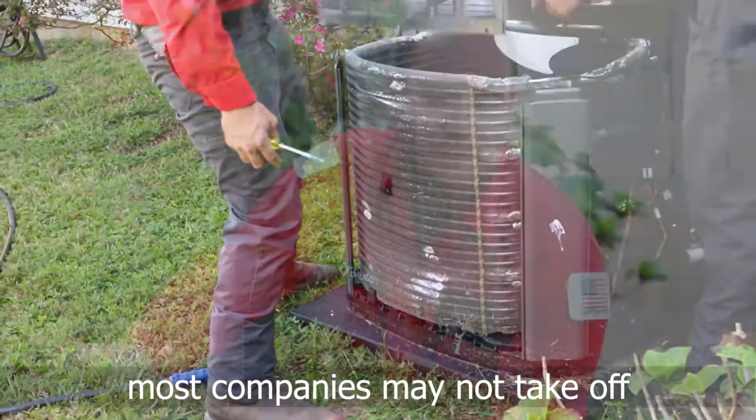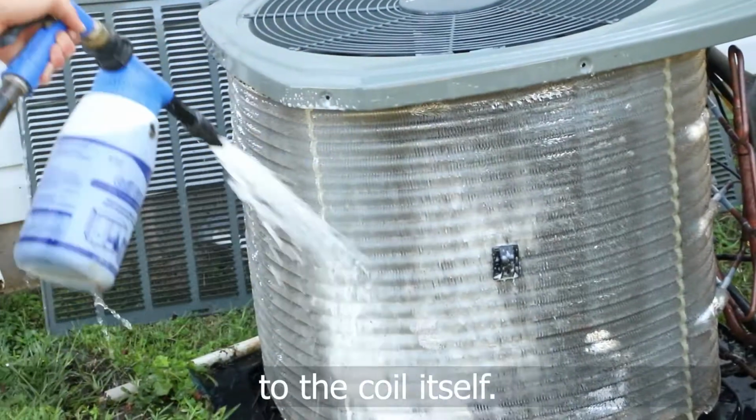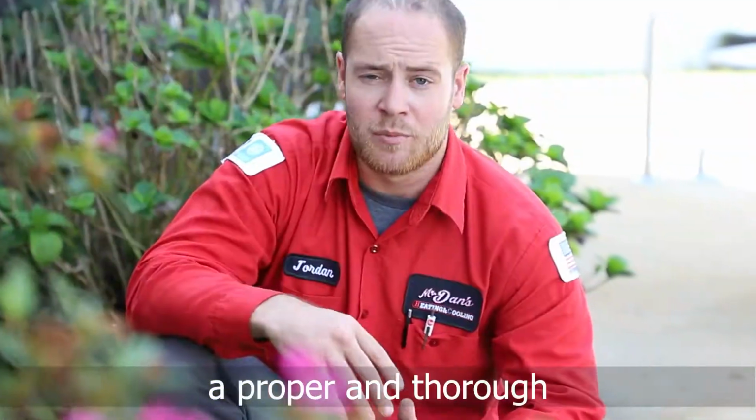Most companies may not take off the sheet metal and things of that nature, but they'll actually just leave it on there and then spray it through the sheet metal. Or we try to get down to the coil itself and make sure we're giving a proper and thorough cleaning